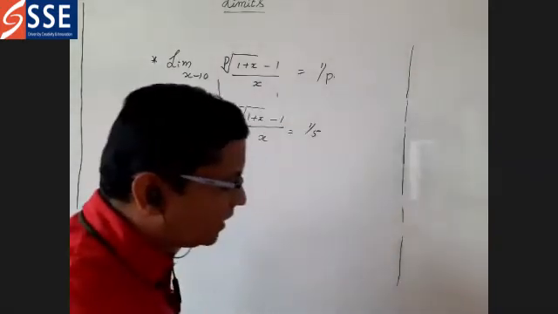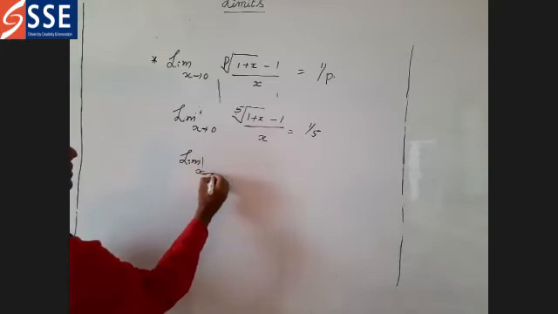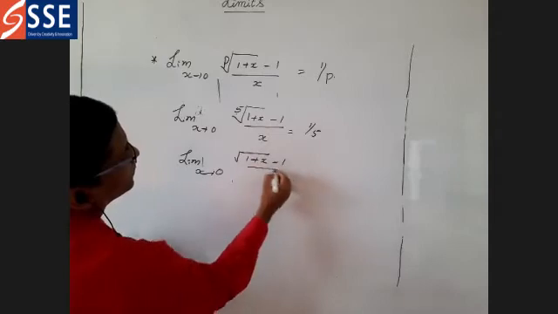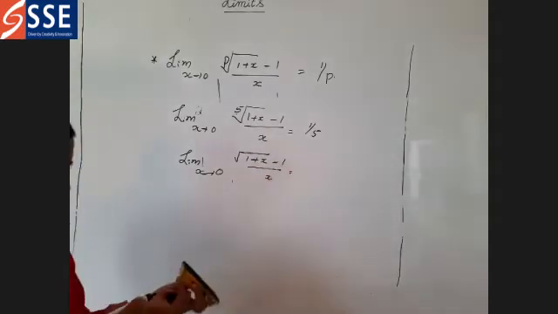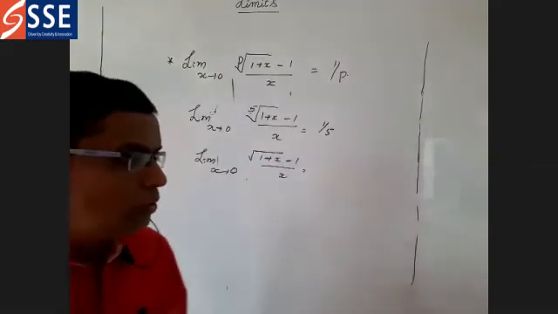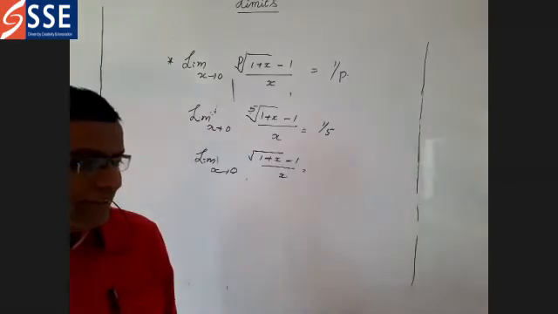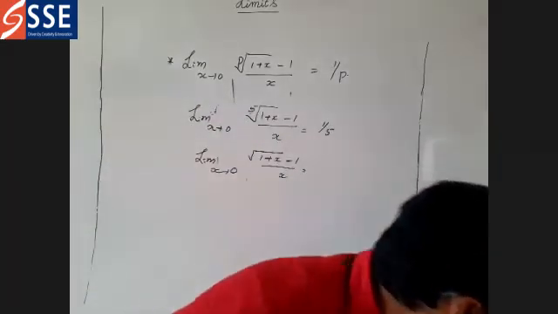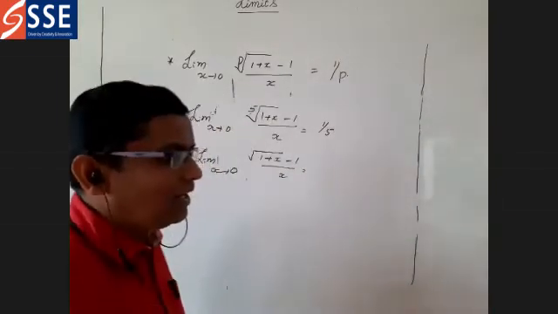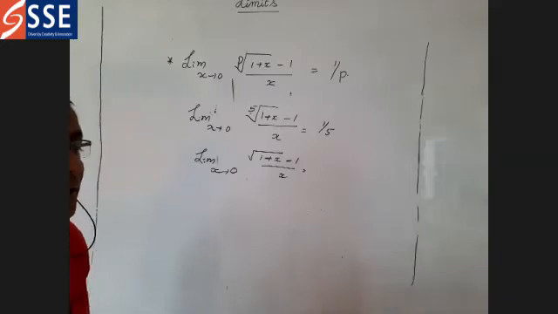Now I will ask you one more question. Let me see how many of you give the answer. Give me the answer for this: limit x tends to 0, root of 1 plus x minus 1. Wait. Only one person gave the answer. Supriya, you gave the correct answer. Remaining, not one. Not 1. 1 by 2 is the answer.